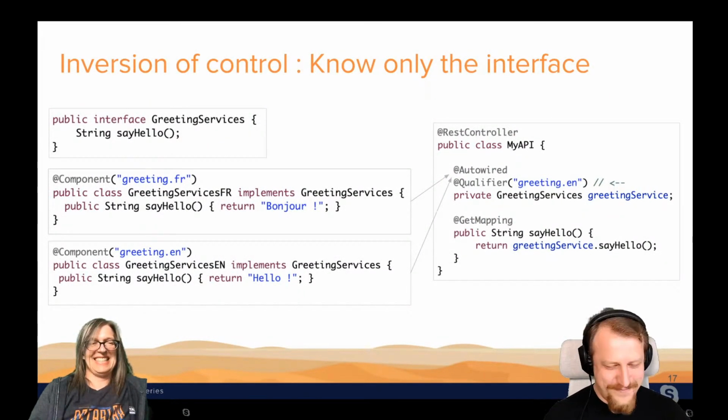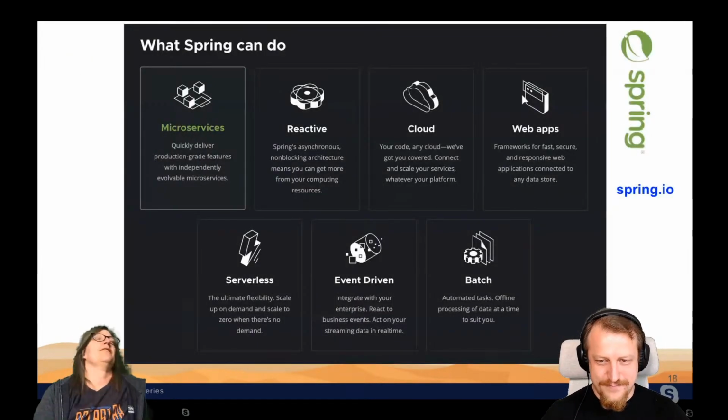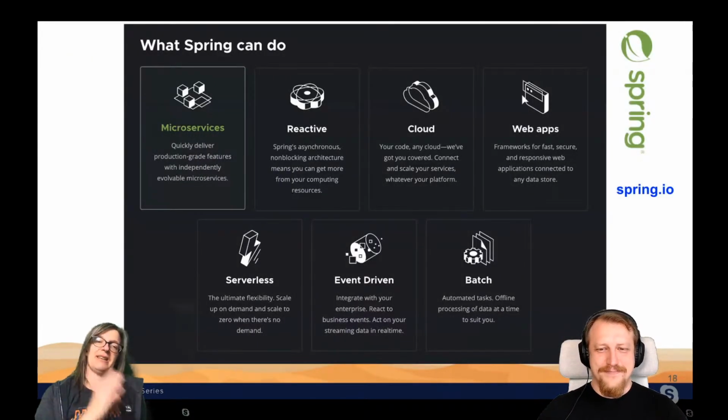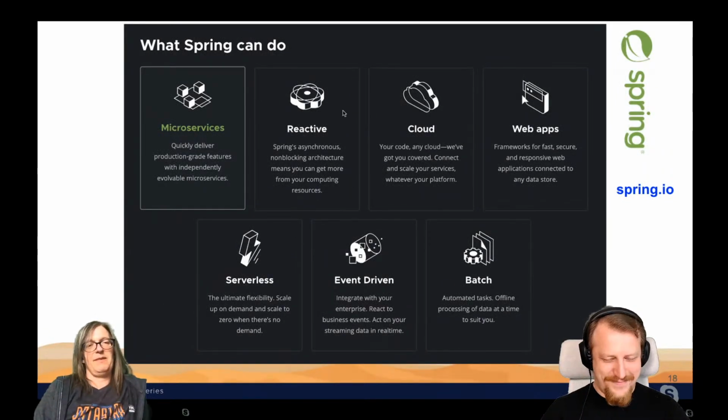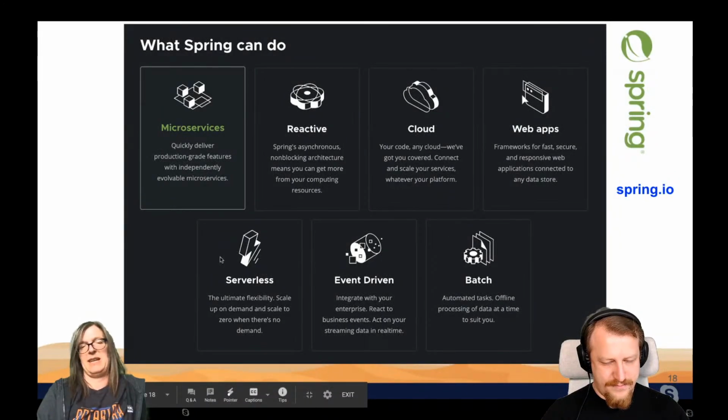And cool. So Spring does a lot of things for you. Today we're focusing on basically microservices, but there's a lot of different things. In fact, Spring has grown over the years and provides a lot of capability and functionality. And there's no way we're going to even cover it. We're just looking at the tip of the iceberg today. I think there will be some additional content coming in the next few weeks. We're working on a good example app for Spring Reactive, right? And then obviously the web apps, cloud support, event-driven, batch, or you name it, right? So it's a lot of stuff that Spring can do for you.